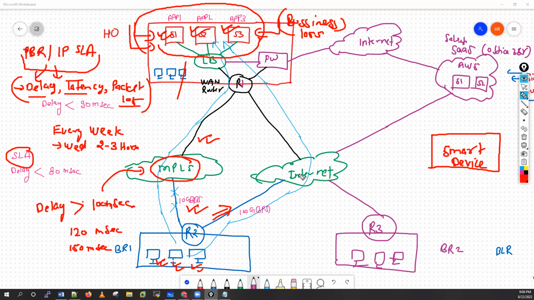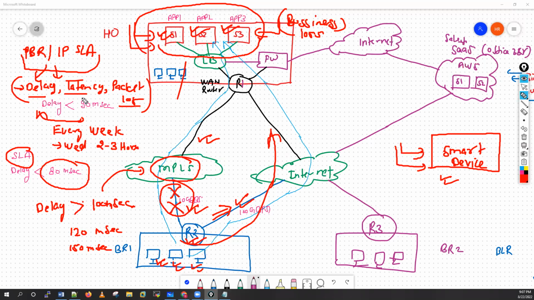If this device finds a delay of more than 90 or 80 milliseconds, it will instruct this particular router to stop sending the traffic through this link and start sending the traffic towards the other link, because this smart device is also monitoring that link. So with the SD-WAN controllers, we can monitor delay, latency, and packet loss, these small units,